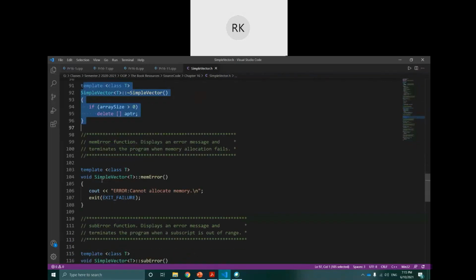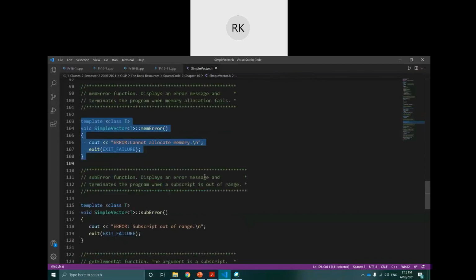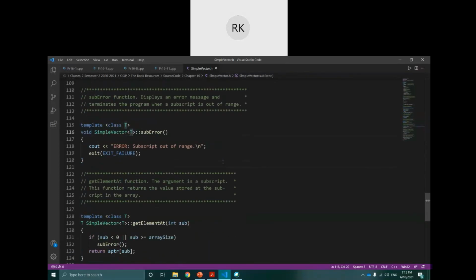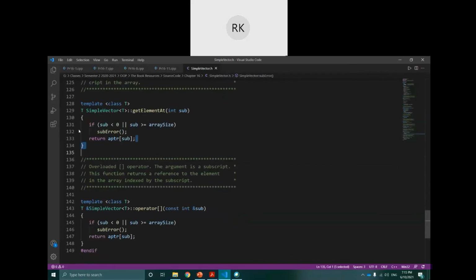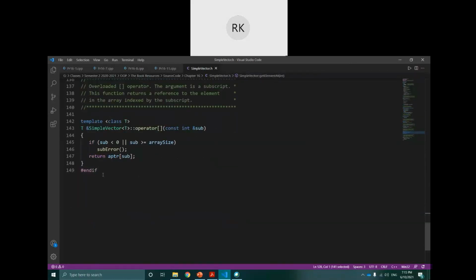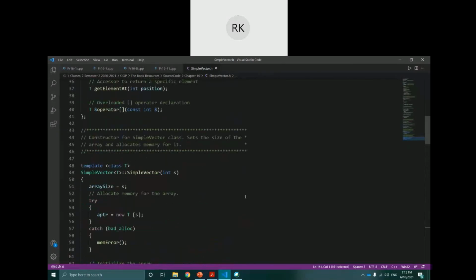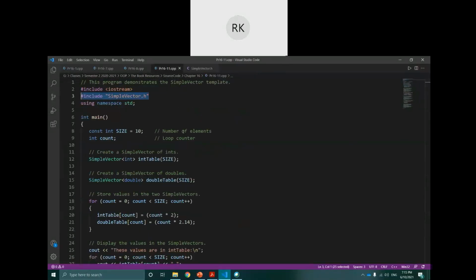Another function defined outside the class, another function defined outside the class. I am just going through quickly. Another function defined outside the class. The procedure is, you see, the template we are repeating, the T we are repeating everywhere. Another function defined outside the class, and another function defined outside the class. So this is the template defined in this file. Its implementation is here. You see this template is included here. Now the size is 10.